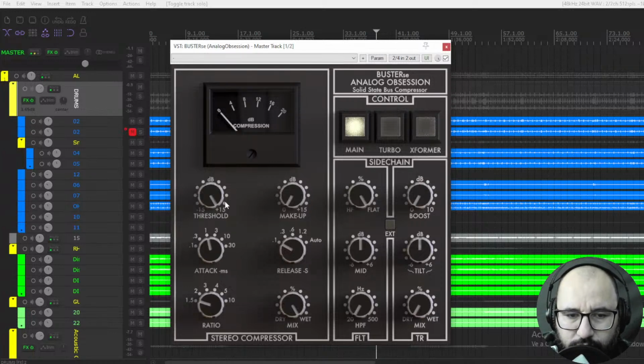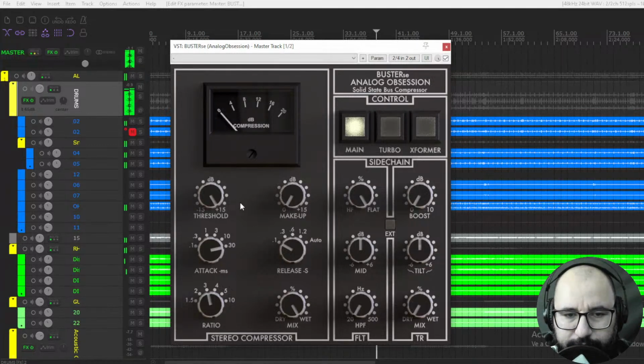So for that, I use the slowest attack time and fastest release time, right? I don't want it to kill the transients. I want to preserve the impact of the mix. Therefore, I am using the slowest attack time on this compressor, which is 30 milliseconds, fastest release time. And yeah, let's use a 3:1 ratio. Wet is 100% here. So let's start to lower the threshold here till I see maybe 2 or 3 decibels here,